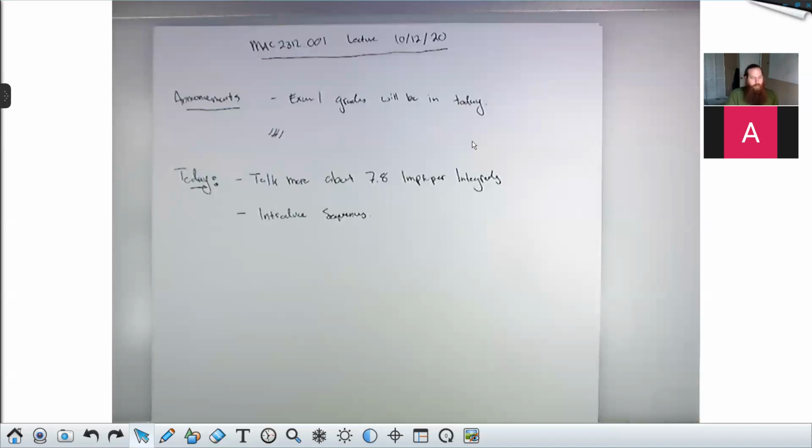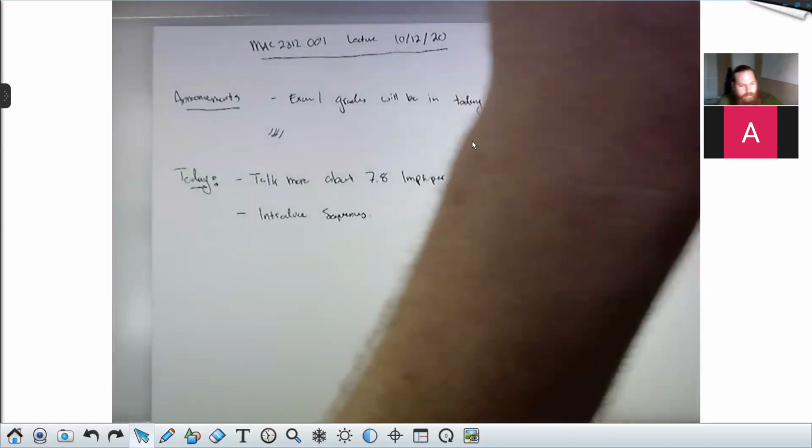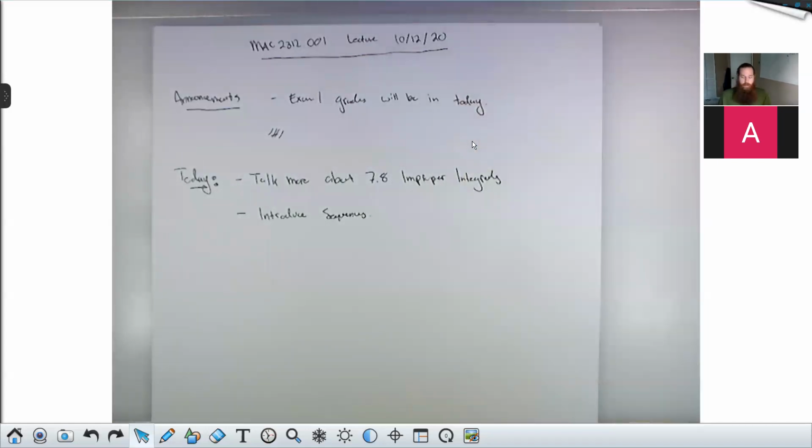You may remember that last Friday specifically, we wanted to talk about some theorems relating to the convergence of improper integrals, tools that would allow us to tell when those integrals converged, even if we didn't necessarily know the value of the integral, even if you couldn't do the antiderivative step. That antiderivative step can be a real pain sometimes. It's not always manageable. And there are a handful of very important integrals where I would still like to know the convergence question, but I don't expect to be able to find the value. So we're going to address two major theorems there. I showed you one of them last week, but I want to revisit the whole thing.